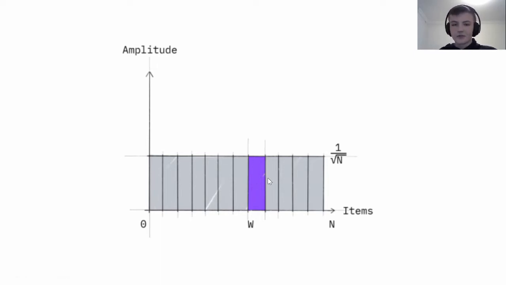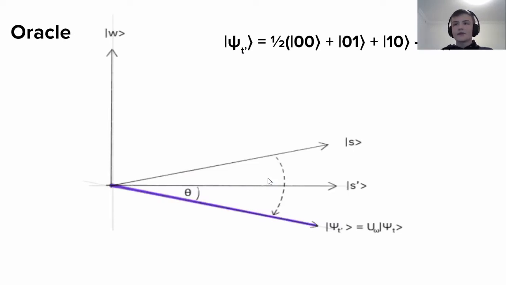Now, we need to define something called an oracle. The function of this oracle is we give it a certain state that we want to measure, right? So it could be any of the states 0, 0, 0, 1, 1, 0, 1, 1, and we say, okay, mark it somehow. So what the oracle actually does is that it gives a negative phase to the state that we want it to mark.